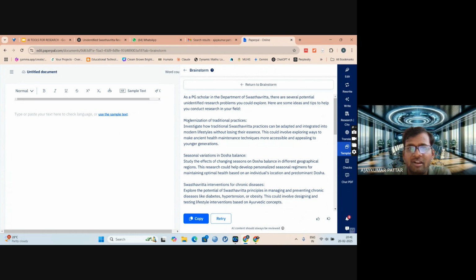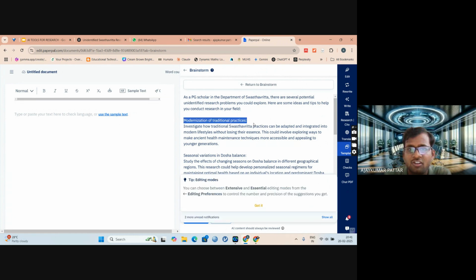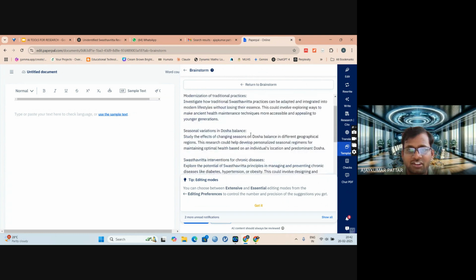Modernization of traditional practices. Investigate how traditional Swasthavritta practices can be adapted and integrated into modern lifestyle without losing their essence. This could involve exploring ways to make ancient health maintenance techniques more accessible and appealing to the younger generations. So, as we can think of the Brahmi Muhurta concept, we all know it.